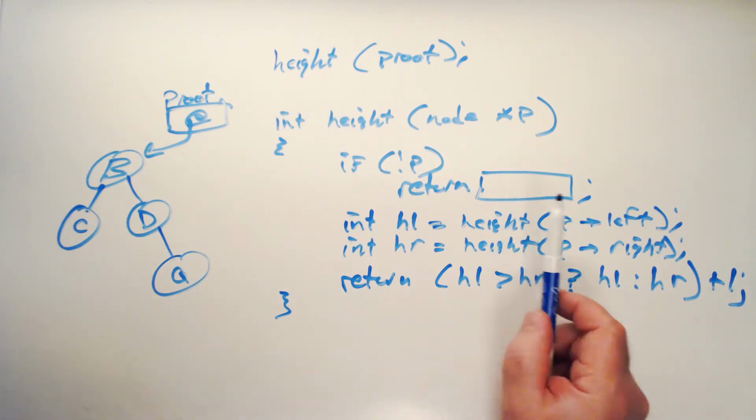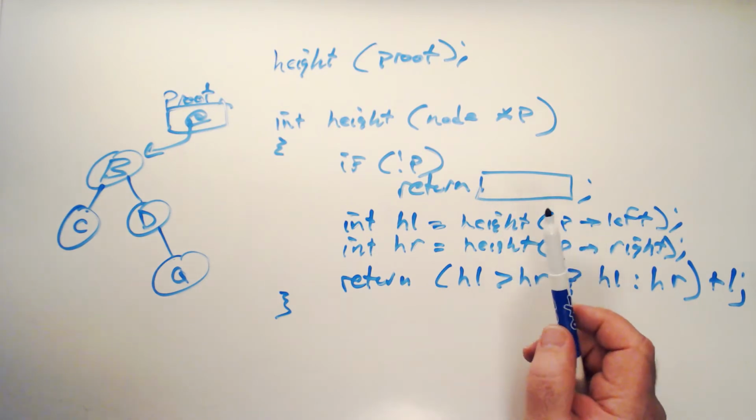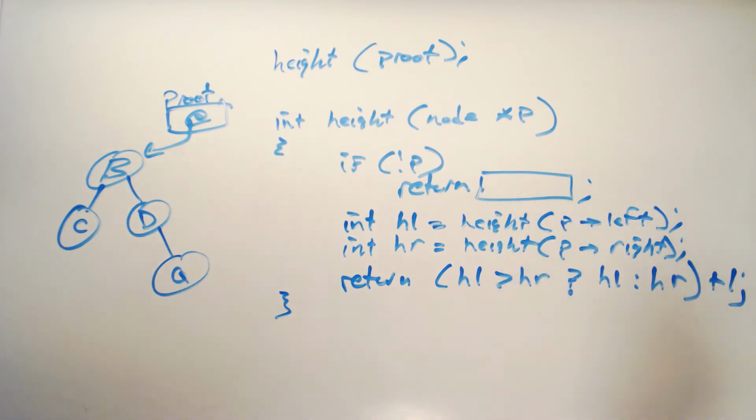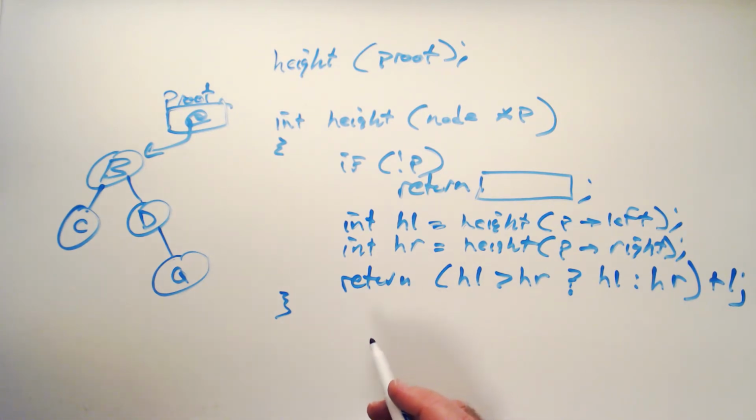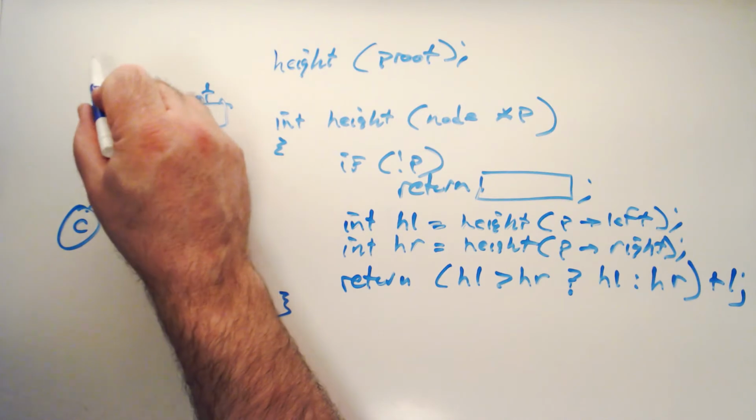So what do we put in here? Maybe 0 would be a good idea, or something like that. Well, this all depends on what it means to ask for the height of a tree that has no nodes in it, right? Well, if the height of a tree with 1 node